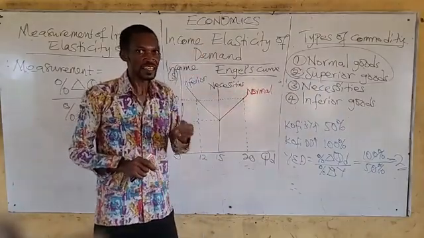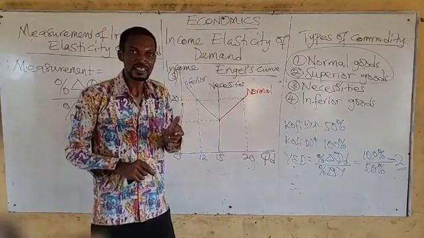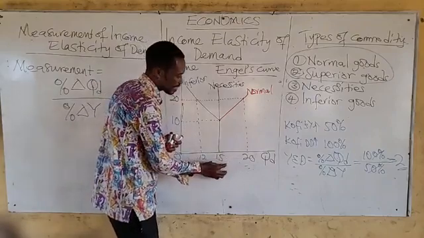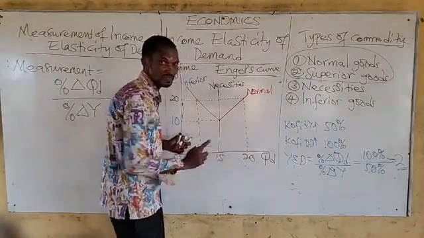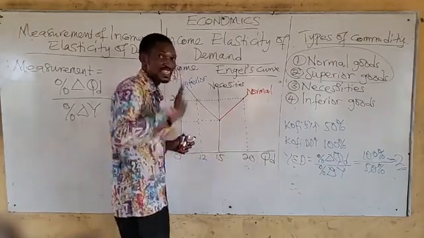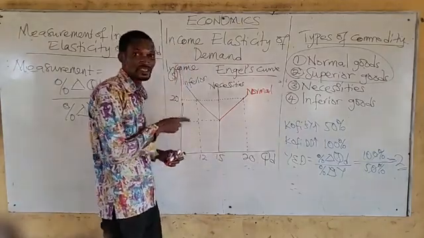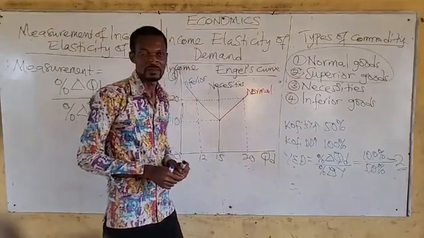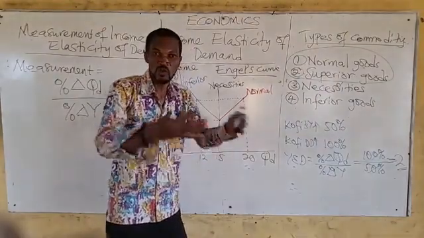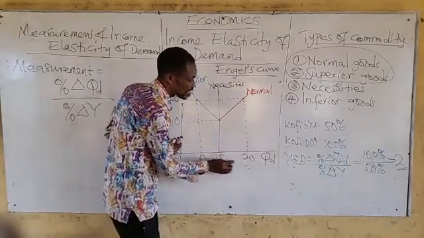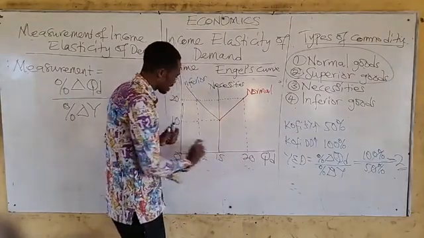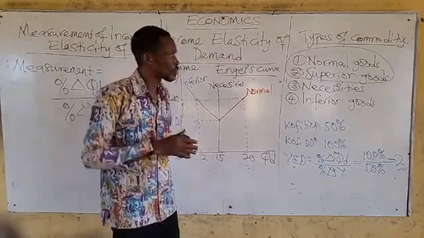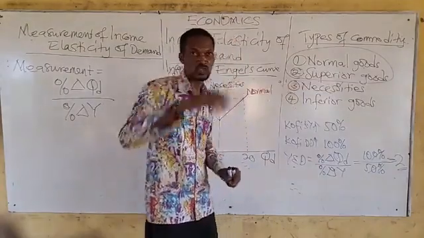But those above the SHS, it is up to you if you are asked to tell. You are now going to measure the percentage change in this one, 15 to 20. If that percentage change is greater than the percentage change in 10 to 20, that means that the commodity is a superior commodity, because your answer will then be more than 1. However, if you calculate the percentage change in this one, and it's less than the percentage change in this one, your answer is likely to be less than 1. And your interpretation should be that it's a normal commodity for those above the SHS.